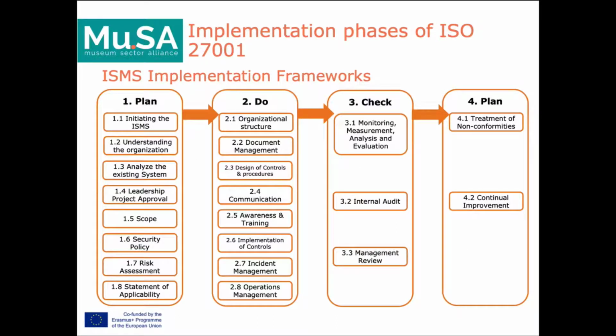By following a structured and effective methodology, an organization can be sure to cover all the minimum requirements for the implementation of a management system. Important notes are that whatever methodology used, the organization must adapt it to its particular context and not apply it like a cookbook. Second, the sequence of steps can be changed. For example, the implementation of the documentation management procedure can be done before the understanding of the organization. And three, many processes are iterative because of the need for progressive development throughout the implementation project.